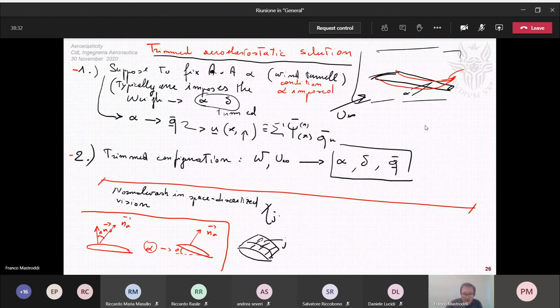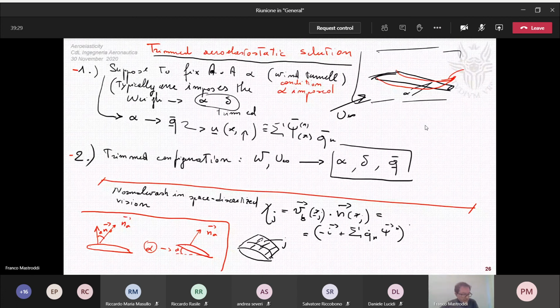In the panel J, the quantity is given by the velocity of the body in the panel J, so in xj, body, dot the normal in the panel J. Okay, and this quantity, if you remember, is given by a contribution given by the translation for having this velocity, plus a contribution given by the velocity of the deformation, the contribution of the deformation into the velocity of the body. So we have this,